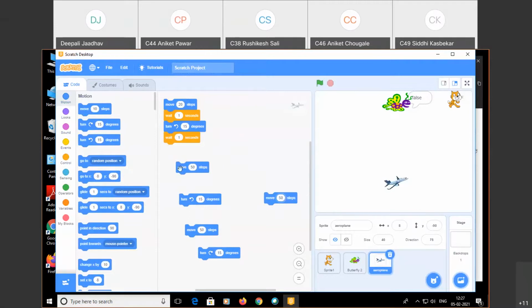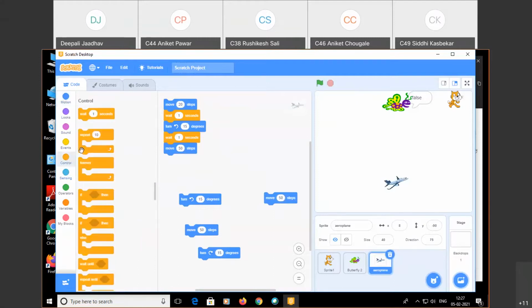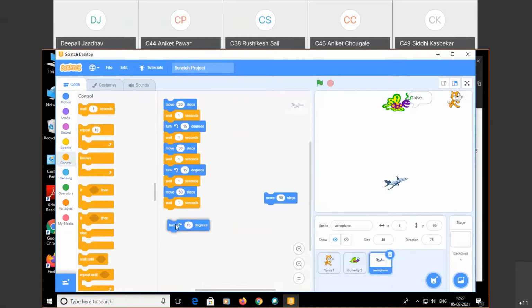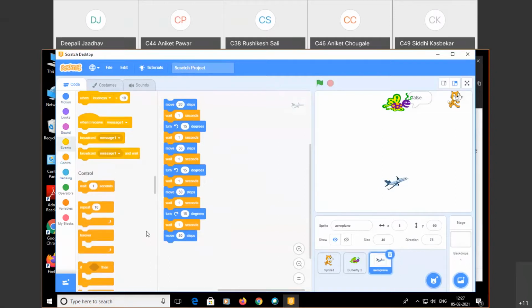Now I put this all together here: wait for 1 second, then wait for 1 second, move by 50, wait for 1 second, turn by 15, wait for 1 second, move by 50, wait for 1 second.